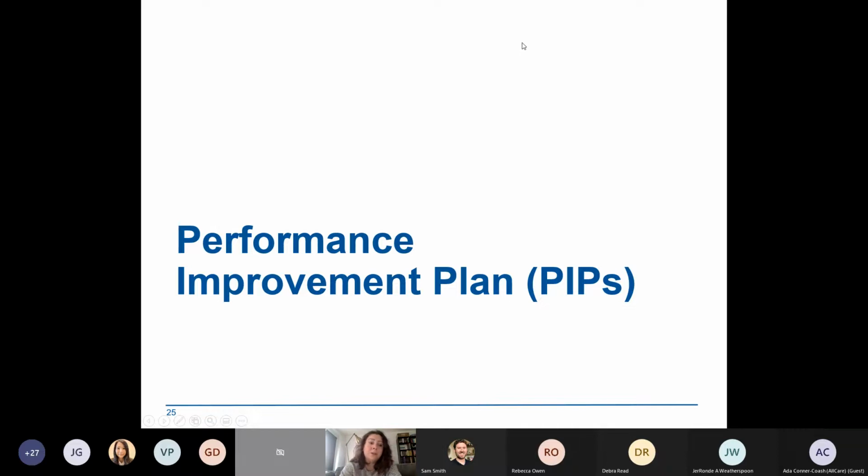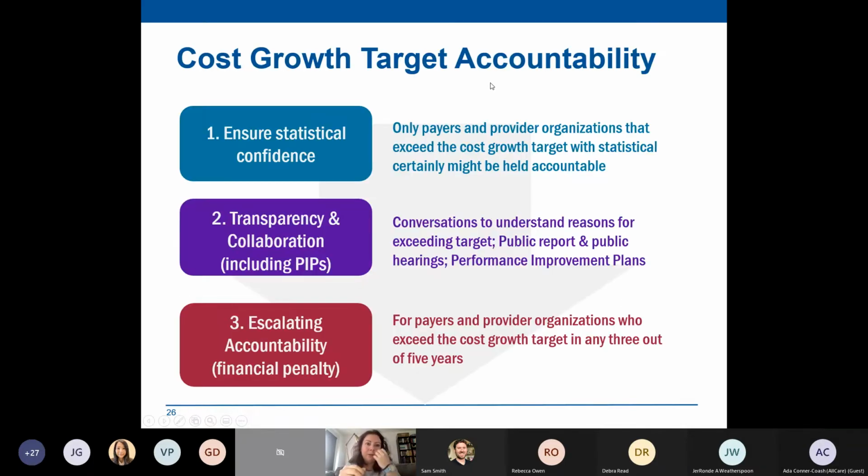So please feel free to share this internally with any others in your organization who might be interested, but know that this is just a very first introduction to this conversation. And we will codify everything through formal rulemaking later. So I think that was enough of my disclaimers. So next slide, I want to recap how the accountability for the cost growth target program works. So this is all content that came out of the implementation committee's recommendations. It's how we've been building all of the operational details for the program.